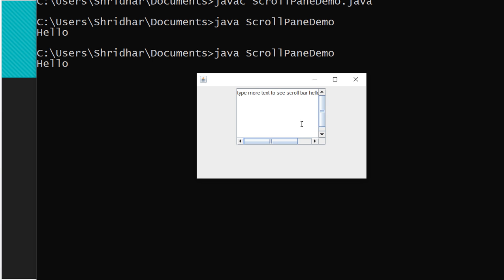Before, these scroll bars were hidden because only a little text was there. If it crosses its limit, the scroll bars will come. If I delete these things, they go away, right? So now there are no scroll bars. If I type more text here, automatically you will get the scroll bars.